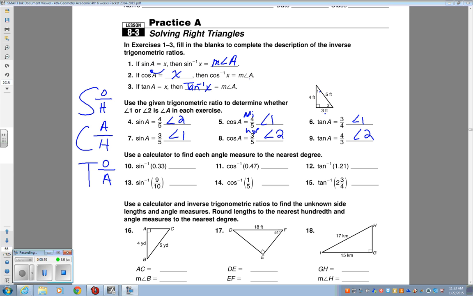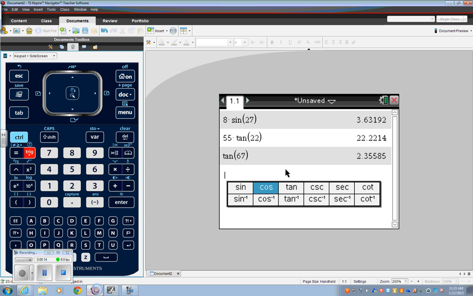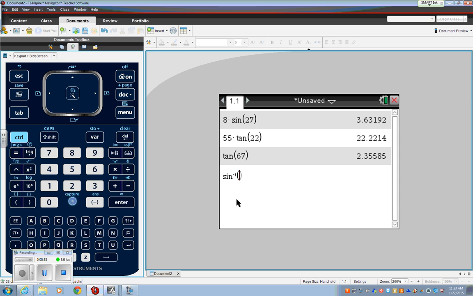So we have sine inverse of 0.33. We're trying to get the angle measurement by doing that. So I'm just going to go to sine inverse 0.33, hit enter. But to find the angle or to write your answer,